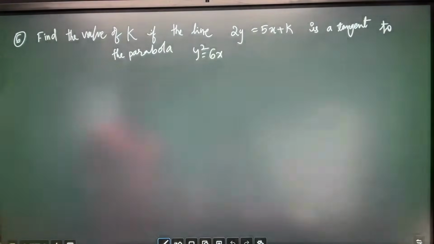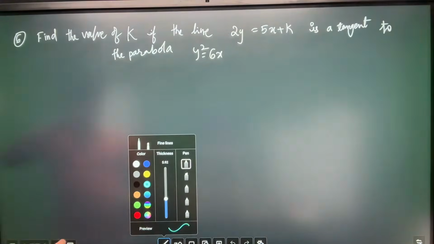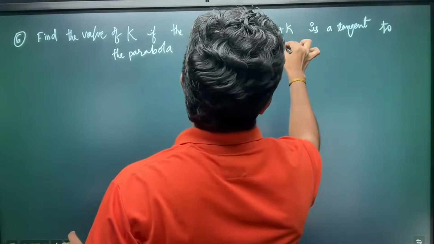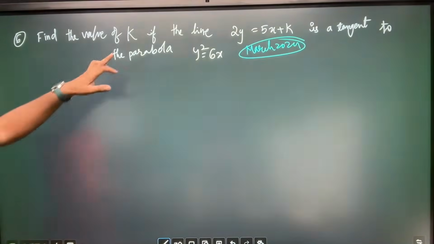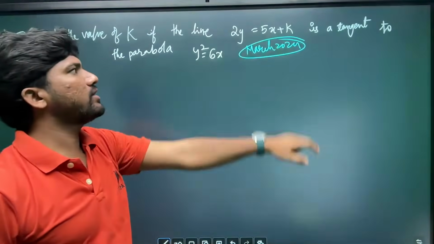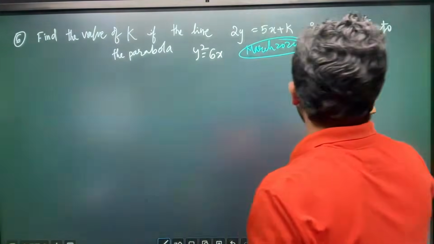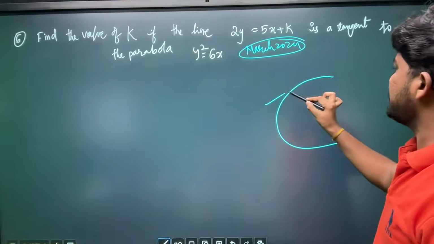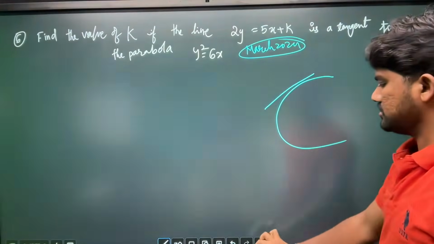Next, find the value of small k. Very important. This question was asked in March 2024, VSAQ. Okay, so bouncer question: find the value of k if the line 2x + 2y = 5x + k is a tangent to the parabola. Okay, so here we have one parabola. Ee parabola ki one tangent line is there. What is the tangent line? Like this. Okay, so we have one tangent